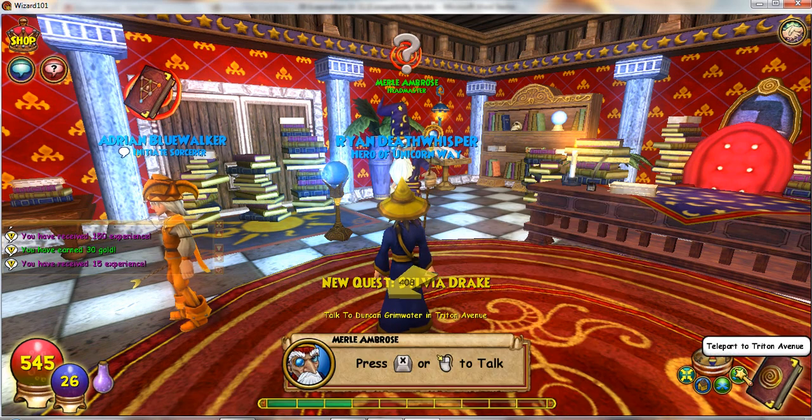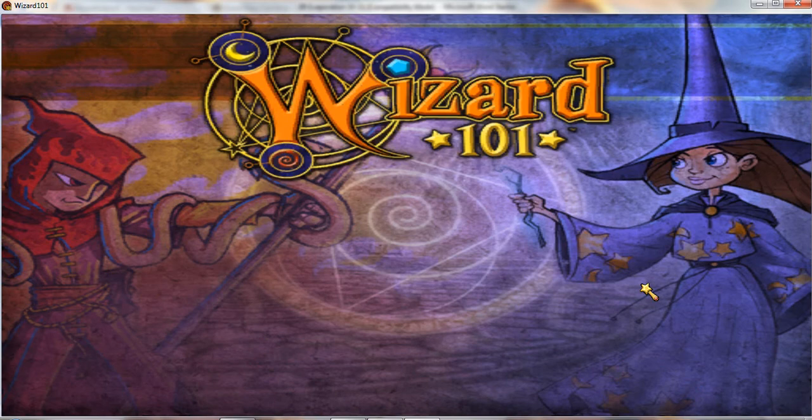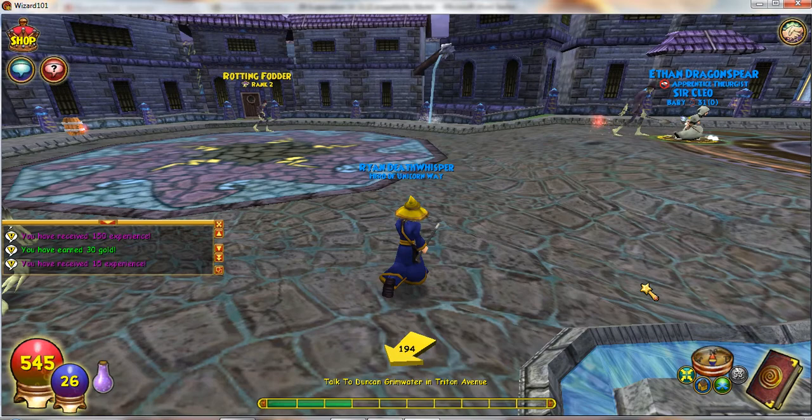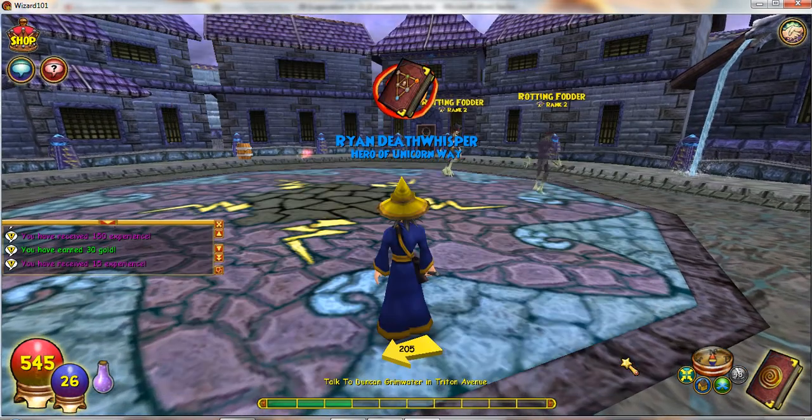Alright, so we gotta go talk to Duncan, who's on Triton Avenue, who we're doing a quest for right now, so we're just gonna go finish the quest. So good thing we marked our spot. How many more do we need? I think we need 4 more, so